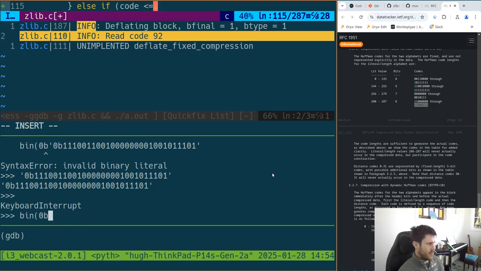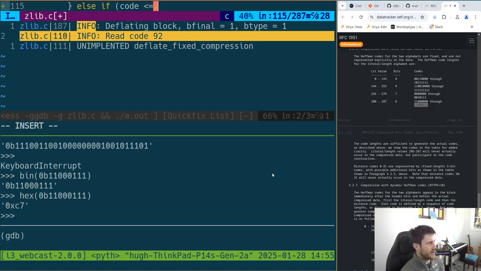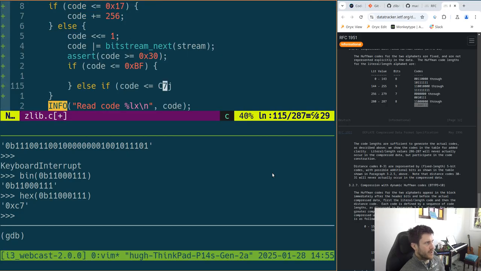Bin of 0B, and we just have to do that one. I don't want the binary of it, I want the hex of it. So this is C7. I kind of want to get rid of that. So if this is the case, then